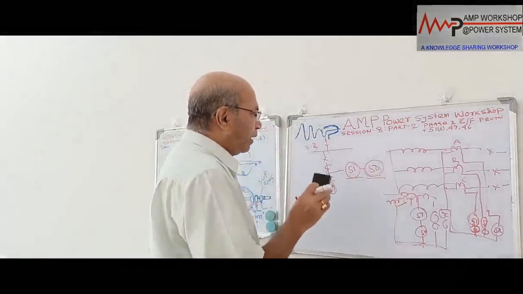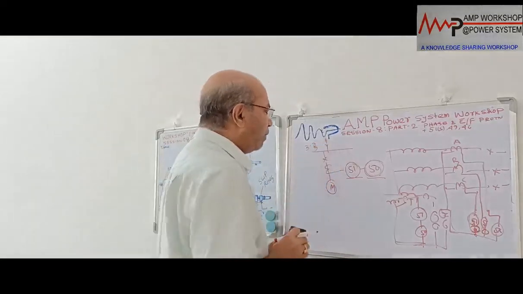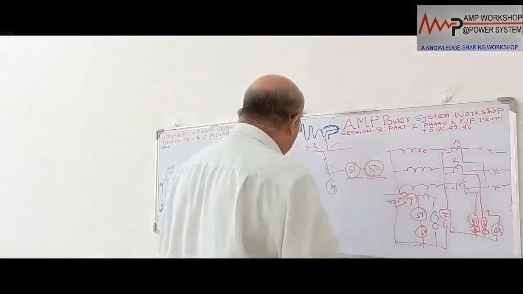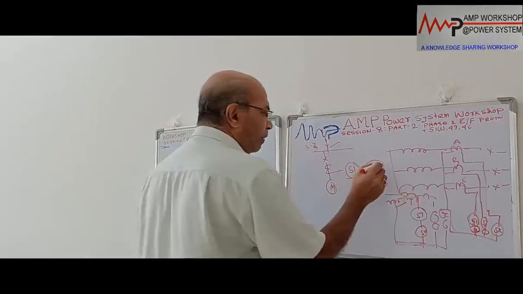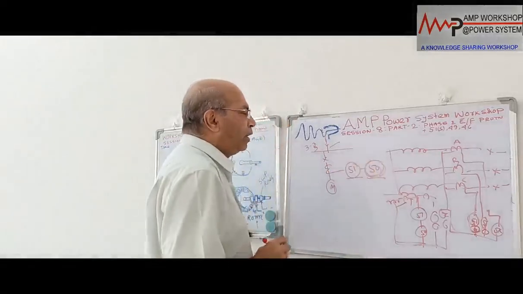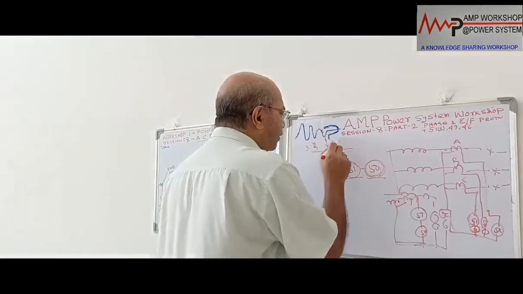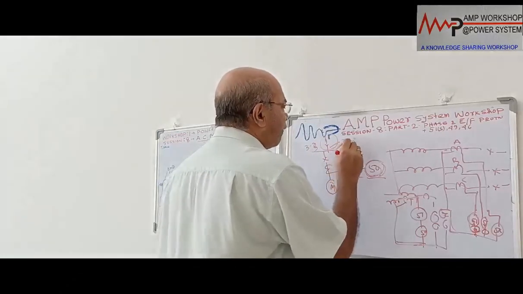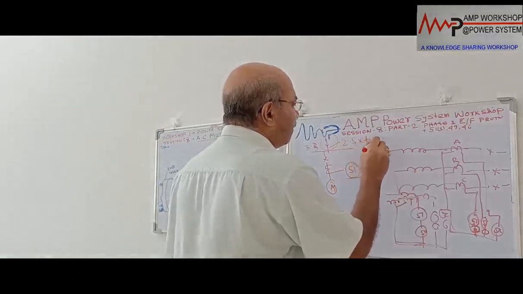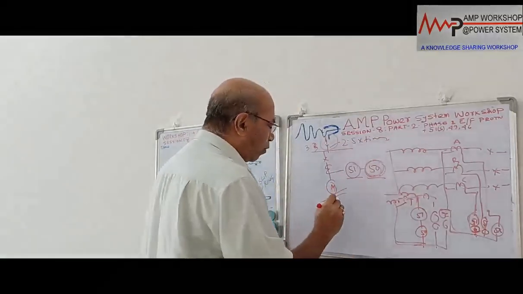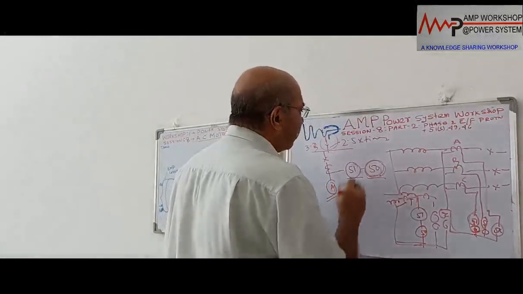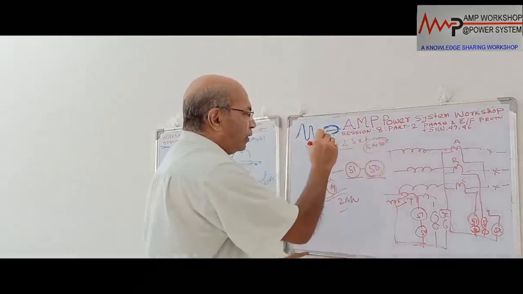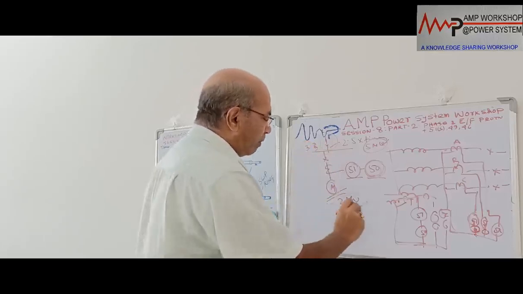configuration. If the system is a very weak system, if it cannot provide enough fault current, then this 50 may not operate. So the minimum requirement to operate 50, this instantaneous overcurrent relay, is that the upstream system which is providing power to the motor should be at least 2.5 times the motor capacity. If suppose a motor is 2 megawatt, the upstream system catering power to it should be at least 5 megawatt.